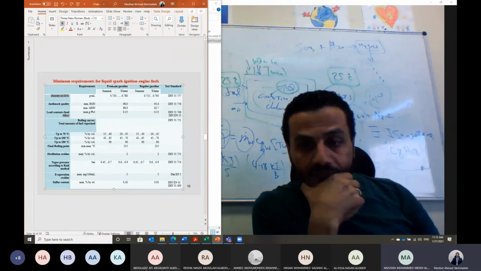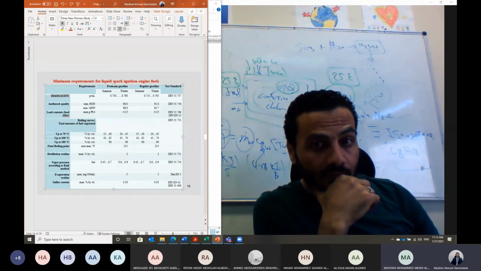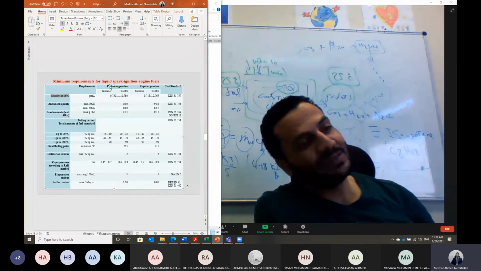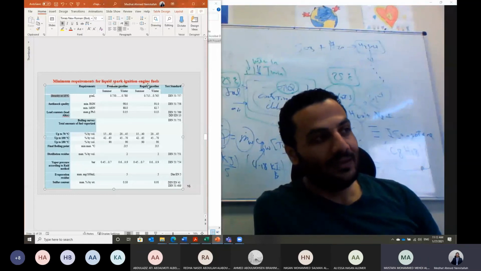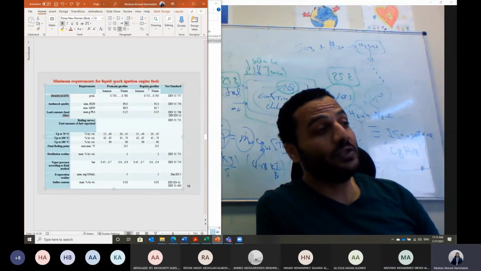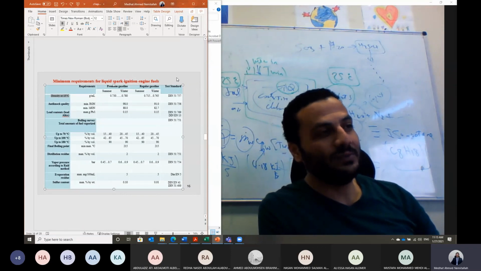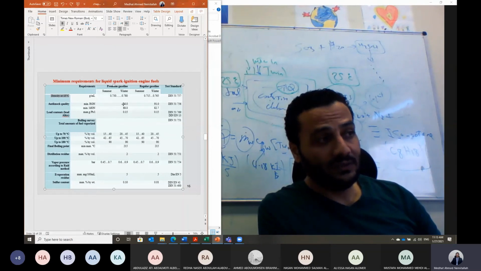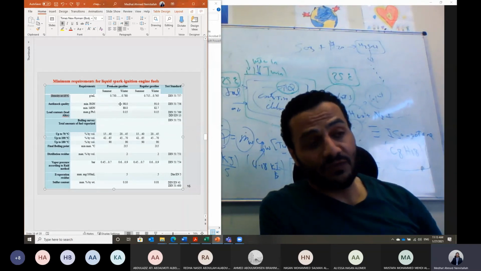What is the difference between regular petroleum gasoline and premium? The premium one is the better one. Regular one is just the normal one. We can say premium should have more additives and it should be a little bit more expensive. Okay. Inshallah, guys, we'll be talking about the fuel quality, the octane number, the difference in octane number,